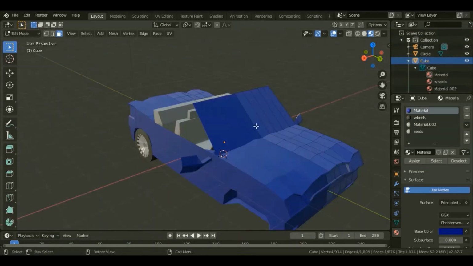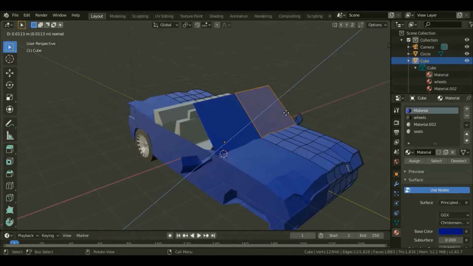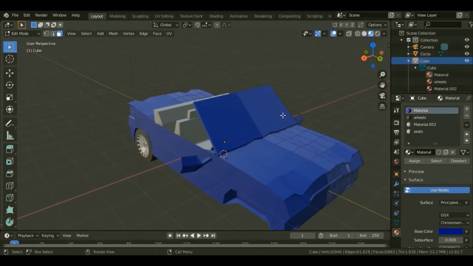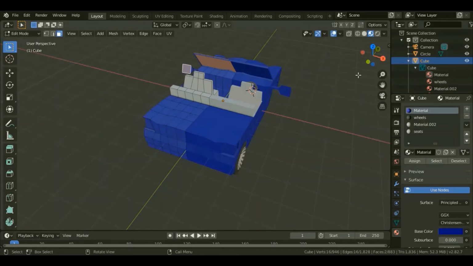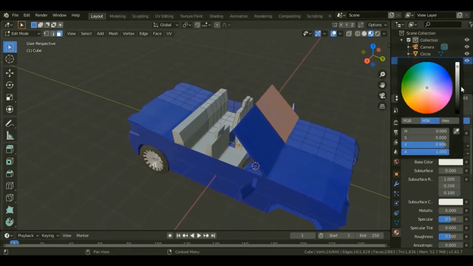For the windshield I'll select those 4 faces and I want them to be one face, so I'll hit Ctrl X to dissolve those faces. Also in edge select mode, extrude those edges upwards and select that center face only. Select the face for the rearview mirror also and assign a new material. For the base color I'll give it a black hue